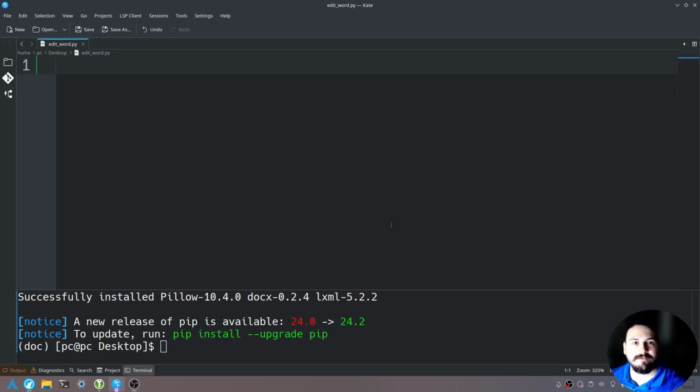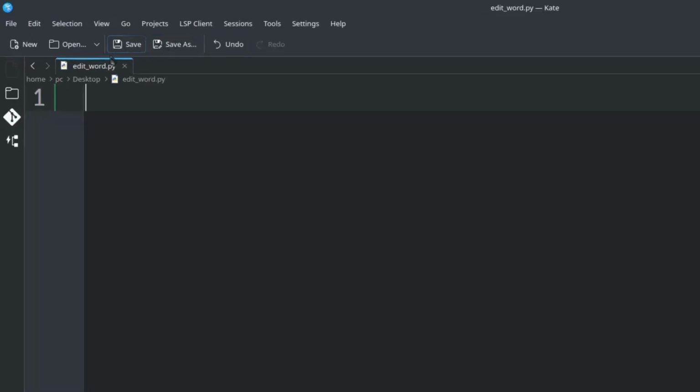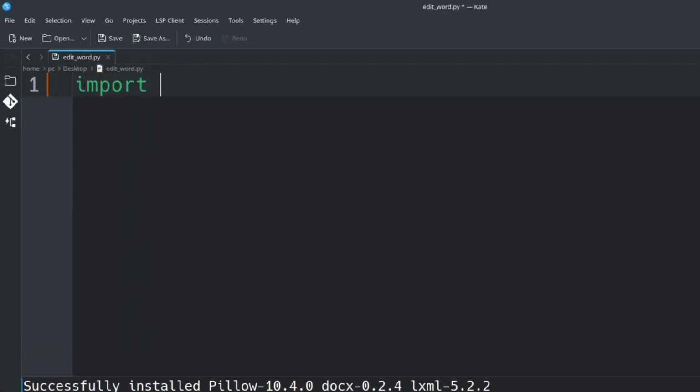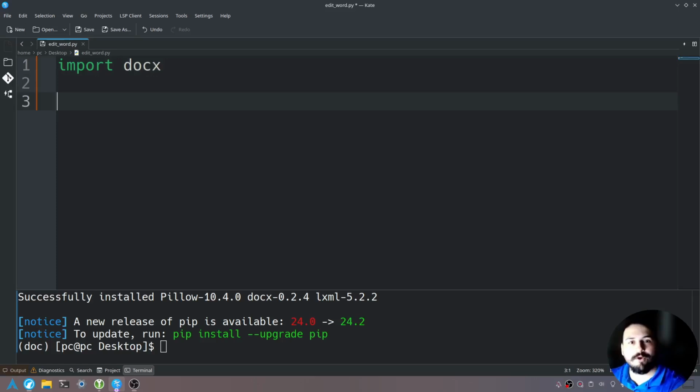As I mentioned before, I'm using Kate. I've already created a file called edit_word.py. And now we're going to go ahead and go in here and type import docx and hit enter a few times. Now that we've imported our docx library, let's go ahead and create our main function by typing